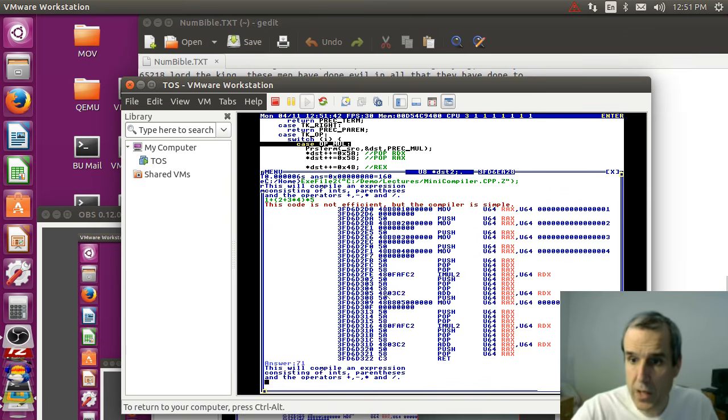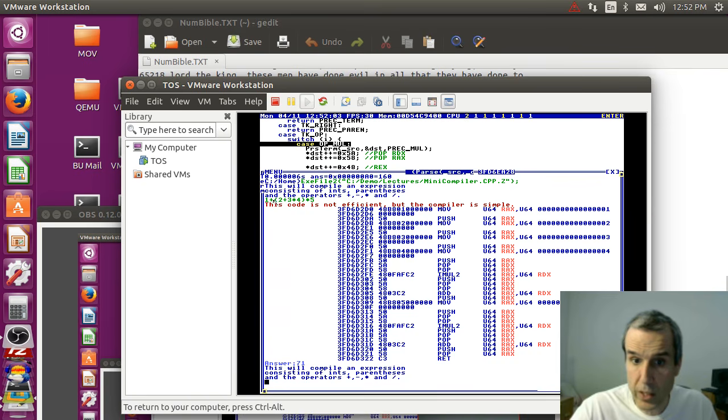Now it's a stack machine, reverse Polish. So we push 1, we push 2, we push 3, we push 4, we pop 2 of them and multiply, we push the result, we pop 2 of them and add, push the result, we pop 2 of them, and